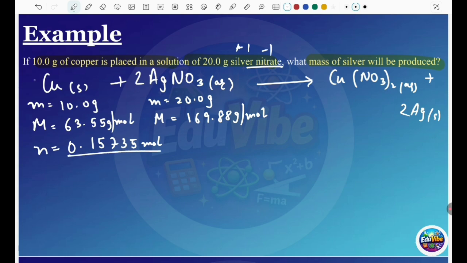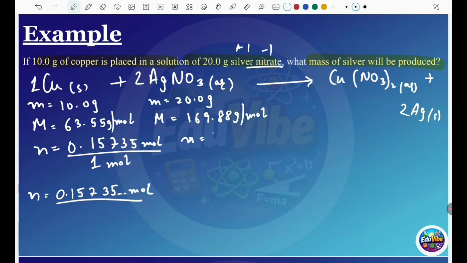How many coppers are there? There is only one copper over there, so we divide by the 1 mole, which stays the same. But in some cases, like in another case, we have some moles over there, and that's your proper mole thing. In this case, when you divide the mass upon the molar mass, you will get about